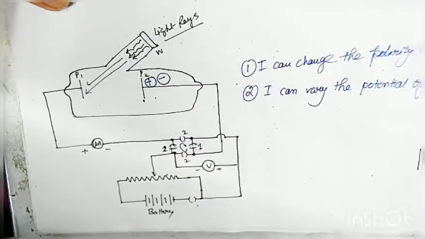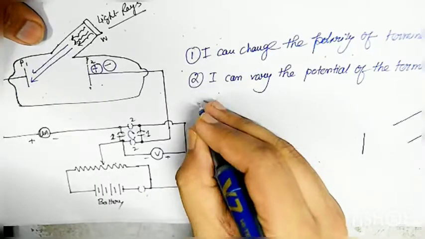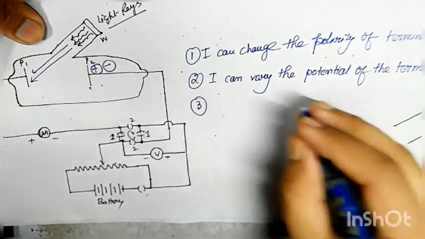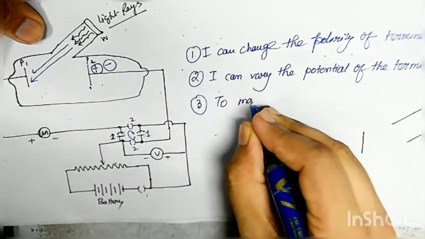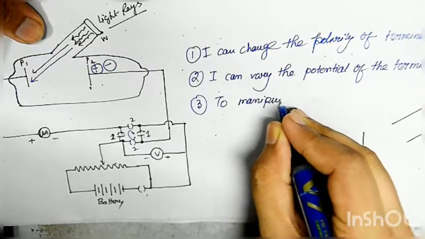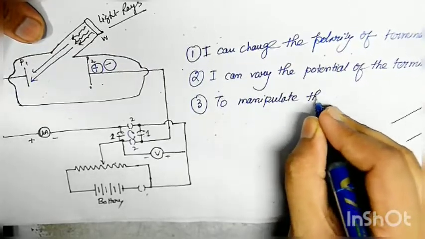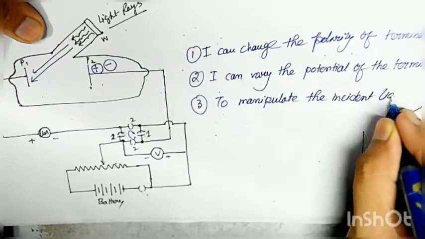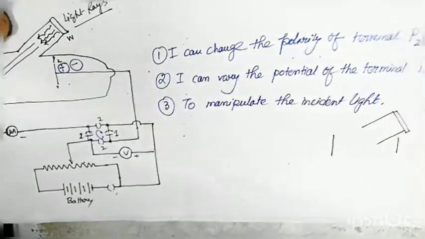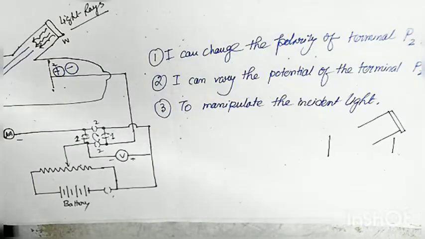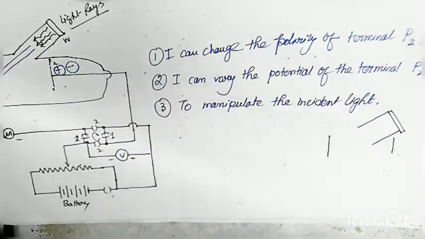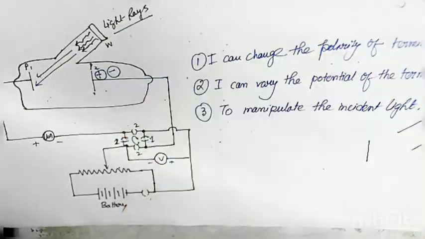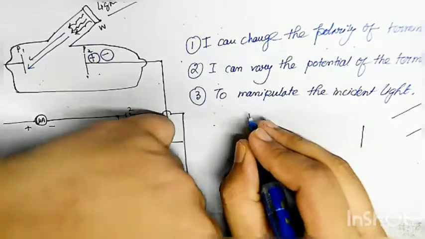entrance is specifically designed to manipulate the incident light. I can also manipulate what kind of light will enter this tube. Now the question appears, what are the things we can manipulate? We can manipulate two things: